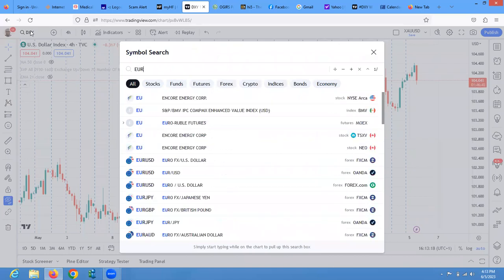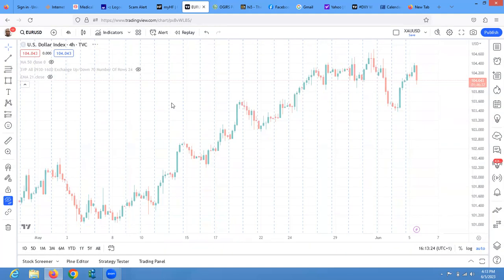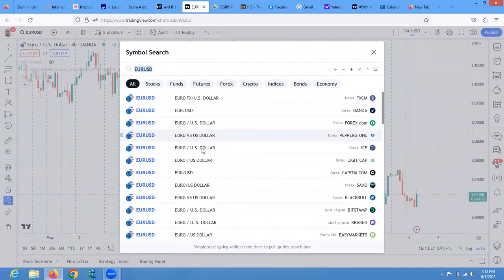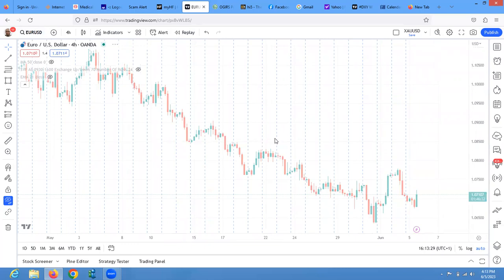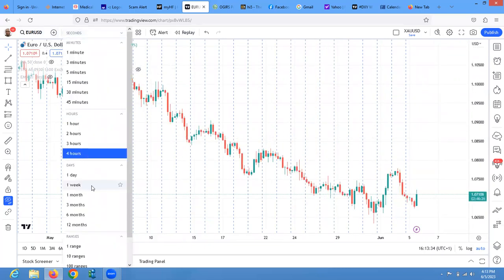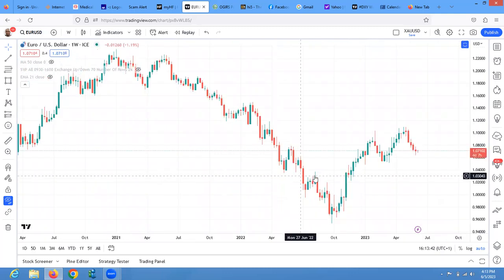Let me go back to Euro USD. And I will now walk from top to bottom on this break of structure. Let's use this. Now, and let's go to weekly again. Going to the weekly time frame, again on this Euro USD, we had broken this structure, but we know that we